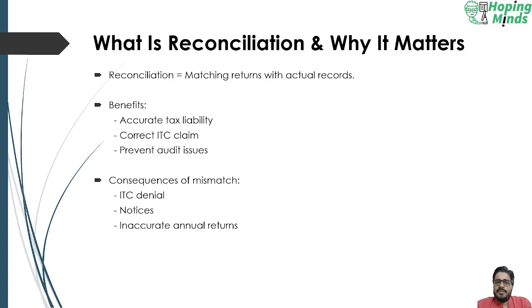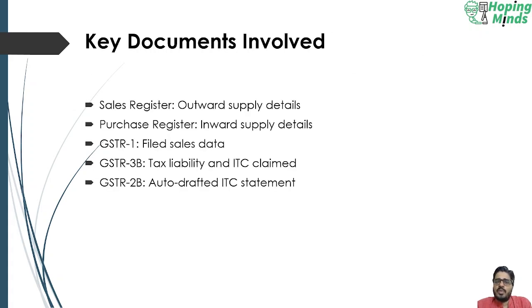So proceeding further, what are the key documents that are involved for reconciliation? First one is the sales register. It is a book record of our outward supplies including invoice numbers, date, value and tax along with recipient GSTIN. Then the purchase register. It is a book record of inward supplies, that is expenses and purchases including invoice wise GST details. Then GSTR 1,